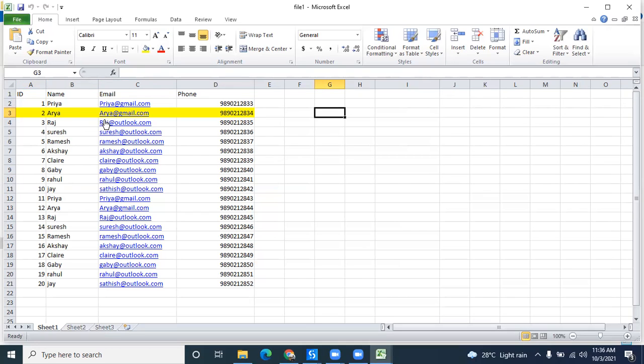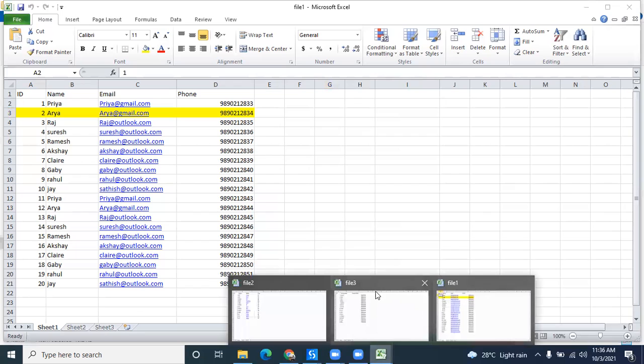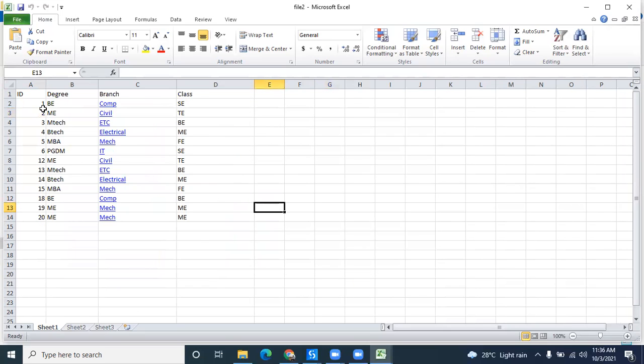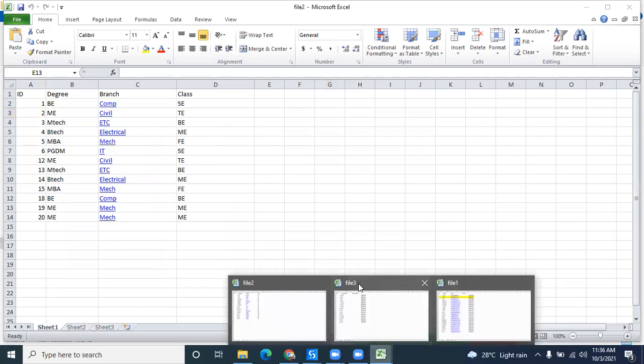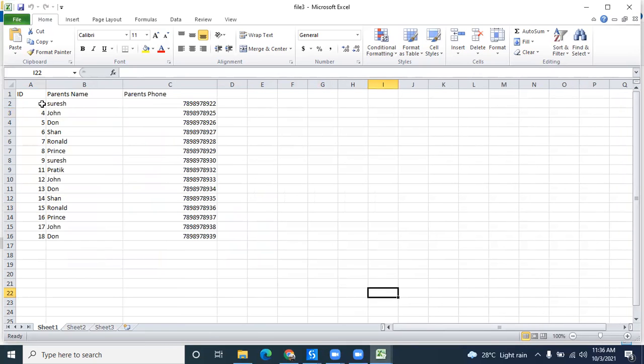These are three different files. This is the master file, and the master file's IDs are available in the second and third file, but the columns are different, and I have to add the columns in the first master file if it is present. For example, let's see ID number 1. ID number 1 is available in file 2. Yes, it is available in file 2. Is it available in file 3? Yes, it is available in file 3.